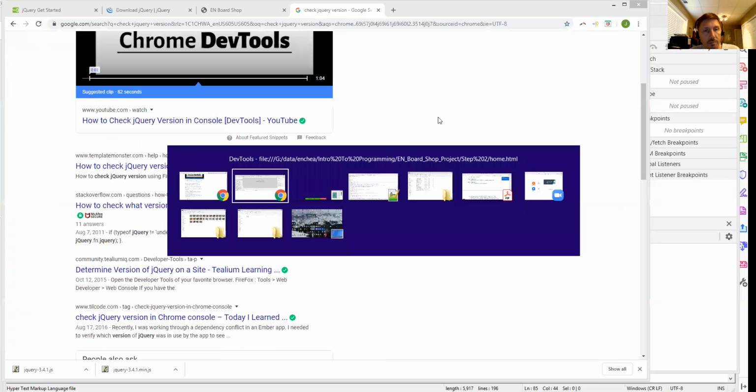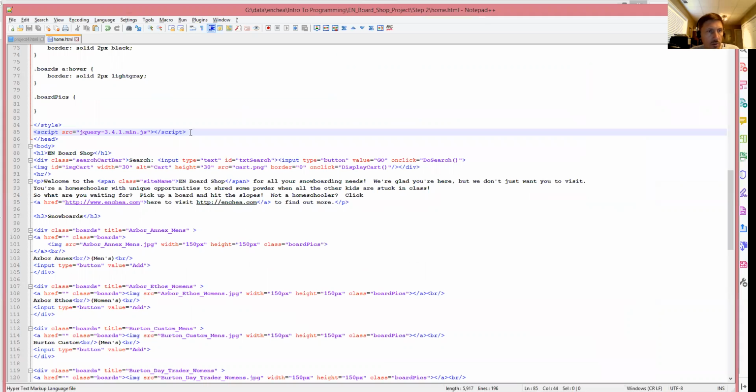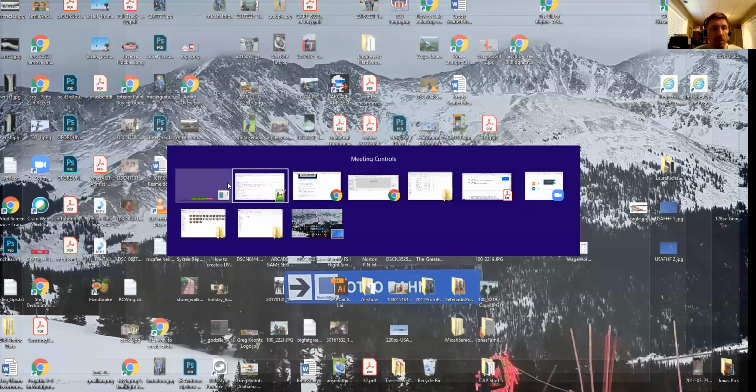If we had messed something up when we included jQuery in our page, let's just change it real quick and see. Instead of 3.4.1.js, we're gonna add 3.4.1.min. We'll put a 1 after min there. We're gonna change the name of the file. And there's no file named that on my system. So this should, if I reload my page now,